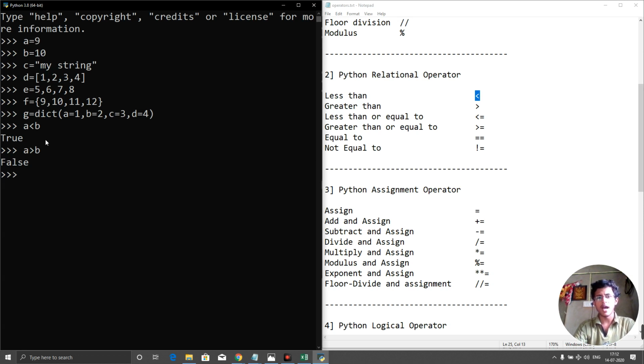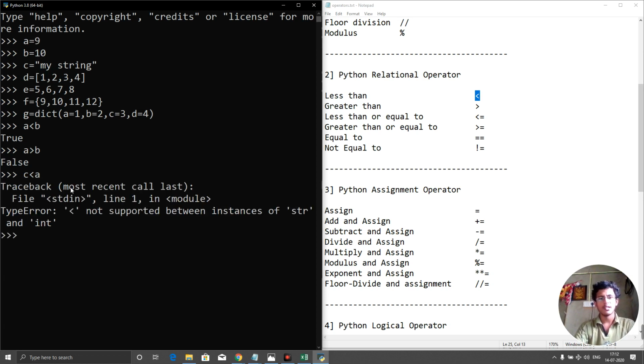If I compare with something like C is less than A, I am going to compare the string with the integer, then it will give us the error: not supported between instances of string and integer. So it only supports the same data. That means when comparing, we need to make sure that both sides are the same data type, because less than and greater than we can check even for